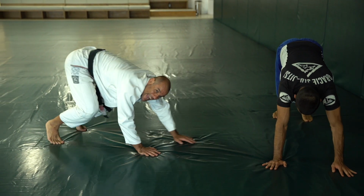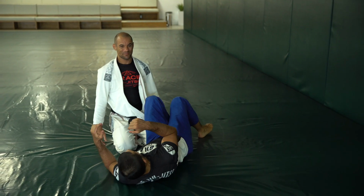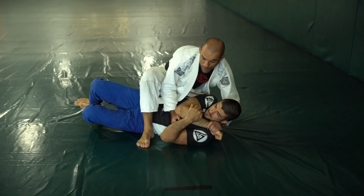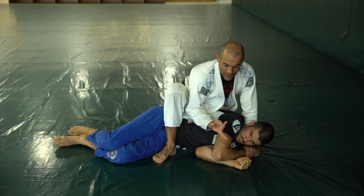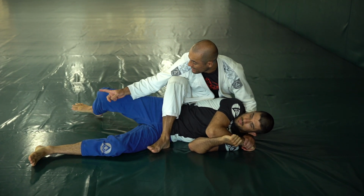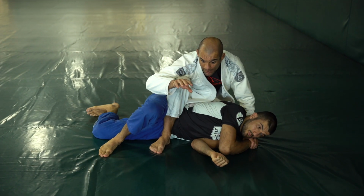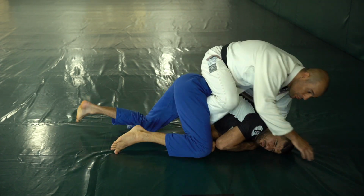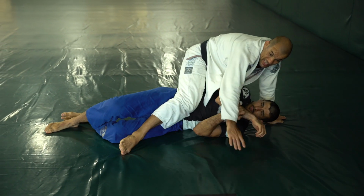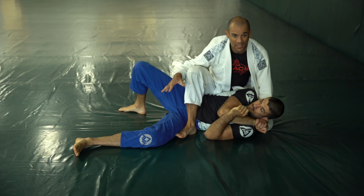And now watch my hands, hands back. There you go. So check this out now. When you have the mount and you've controlled the arm, the person, once they can't turn towards me, they might make up their minds to roll away. When he does that, he gives me the indicator. That's the indicator he's gonna roll to his knees. As he rolls away, if I don't know what to do, it can result in me getting knocked off the top of the fight. But if I can properly read this indicator